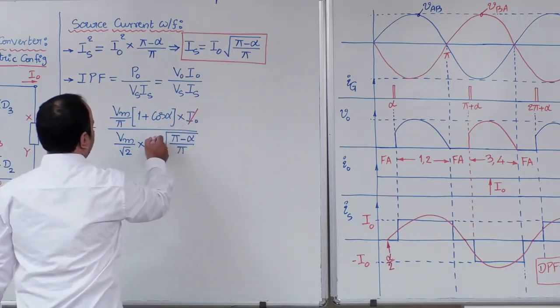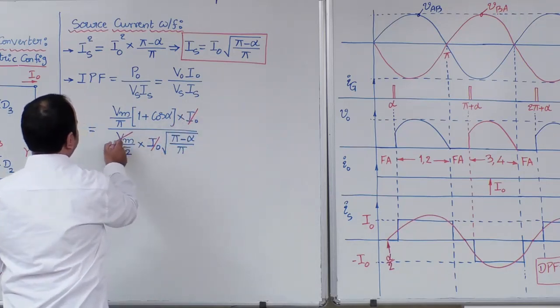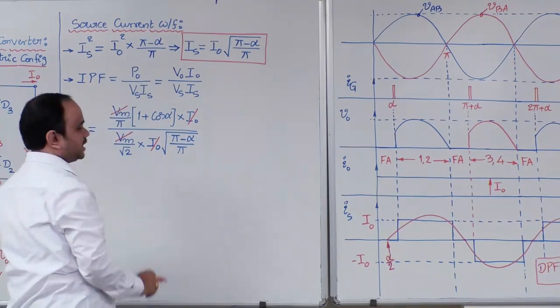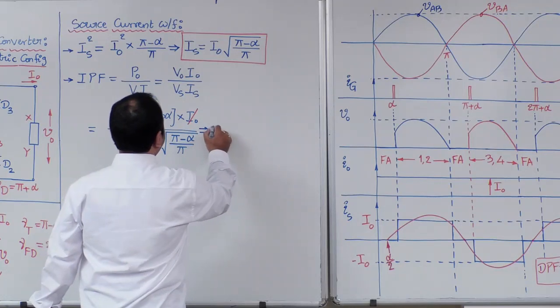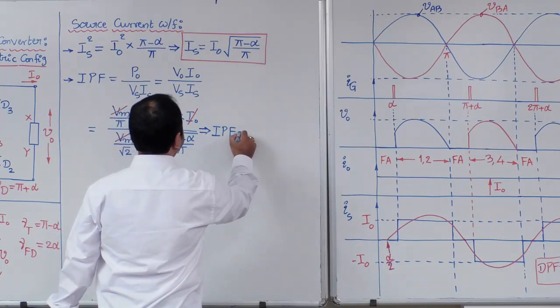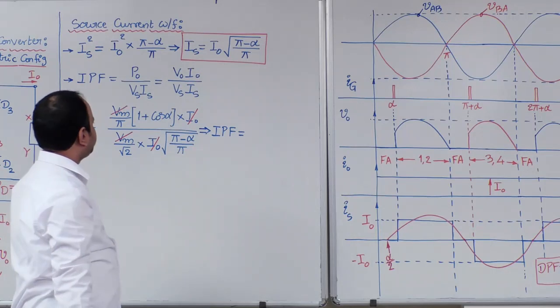So here I0 and I0 can be cancelled, Vm and Vm can be cancelled. Therefore, from this input power factor can be expressed as